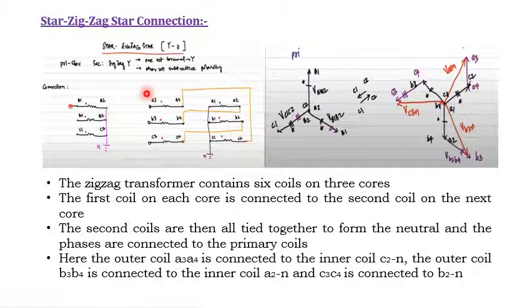So with respect to C2, I am supposed to draw this phasor, that is A3, A4, because the A4 point is connected to C2. See, the C2 point is here. So the A3, A4 phasor can be drawn here. Why did I draw the A3, A4 phasor like this? Because these three windings' phasors are in phase with the primary winding, that star connected winding. So A3, A4 is in phase with A1, A2. B3, B4 is in phase with B1, B2. C3, C4 is in phase with C1, C2.